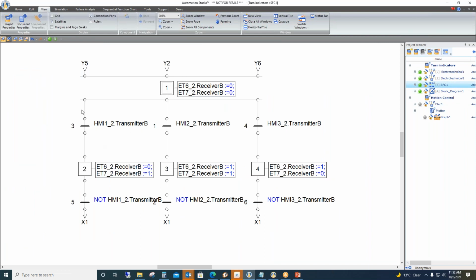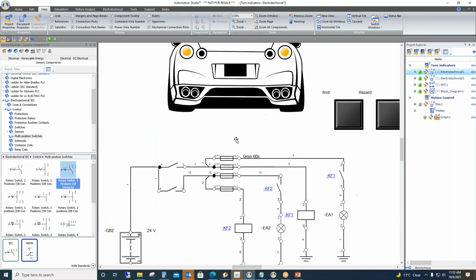Whenever the left indicator push button is pressed, the respective contact will be closed, and then the respective coil will be energized. Until that push button is released, it will stay in the same state. Once it is released, it will go back to the initial condition. When the hazard push button is pressed, both the contacts will be closed and both lights will be blinking simultaneously. And in the third branch, we have taken the right indicator. So by SFC, we are controlling the lights here.